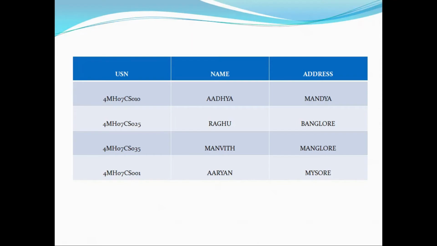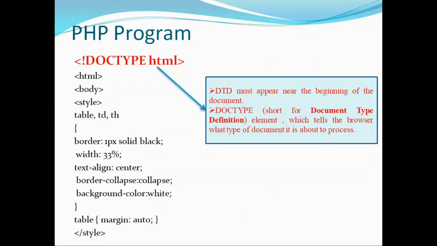After that, our next task is to write the PHP program to sort the given elements, that is, whatever elements we entered in the database will be sorted using selection sort. For that we are writing the PHP script. Just look at that. Here we are embedding HTML in that PHP script.